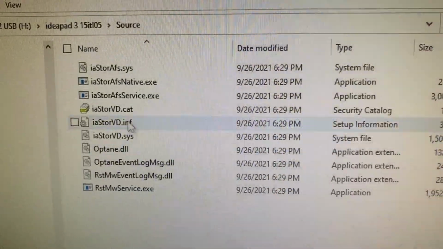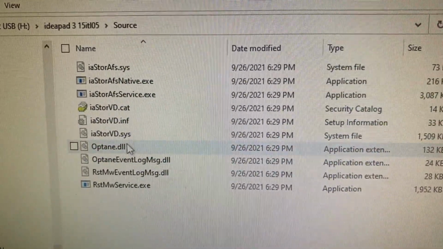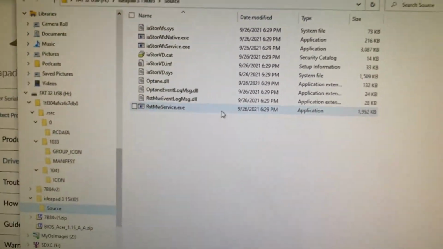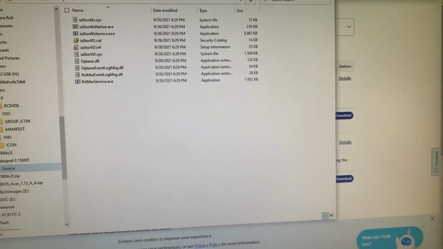One of these is going to be the drivers, probably that. Or one of these with sys, one of those. So it's going to be one of those, hopefully. So there's other cases where